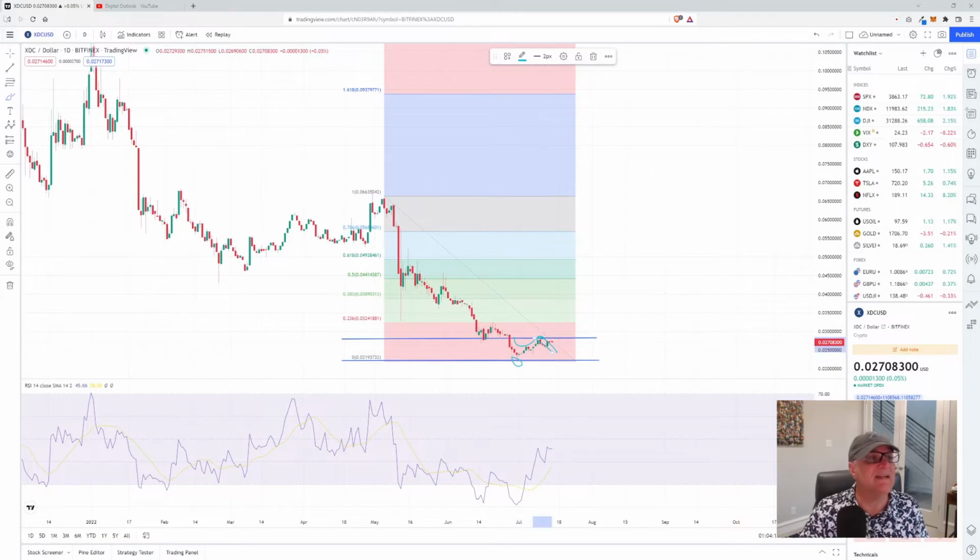What I see in here is a nice big cup and handle right in there. So for me, guys, what I'm looking for just in the short term, just from a measured move, if we were to see that as a cup and handle, just drop this down in here. Let's move that over. Once we come back up and we retest this resistance and break it, I'm expecting that we could see a move up to the 3.3 cent range.